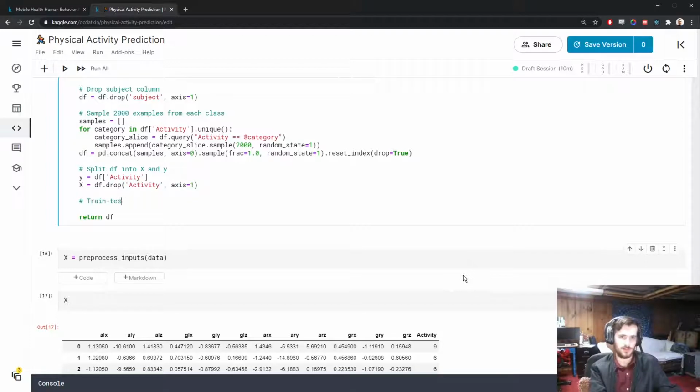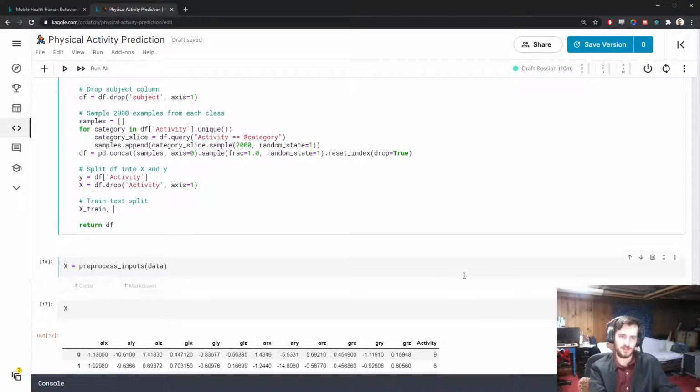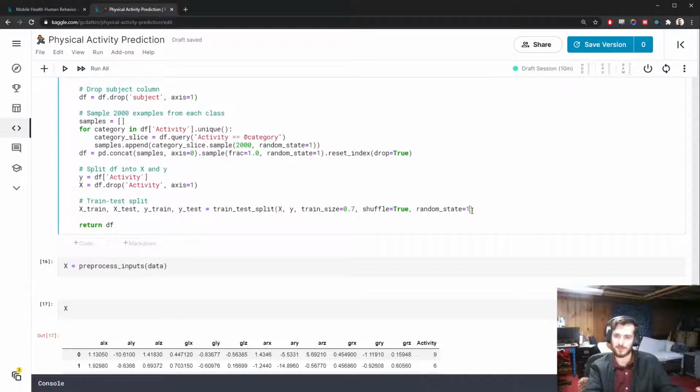And then we'll do our train test split. So I'll send 70% of the data to the train set, and the other 30% to the test set. So we'll use the train test split function from sklearn, pass in x and y, specify our train size, 0.7, keep shuffle equals true, and then give it a random state so we can reproduce the shuffle. This will again shuffle the data before it makes a split, and the random state ensures we can reproduce the results. So let's return these 4 sets of data now